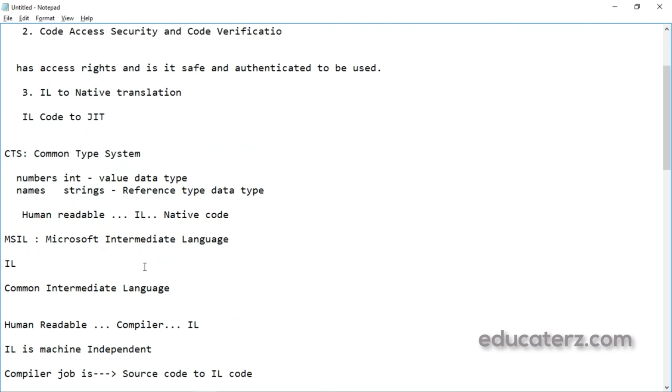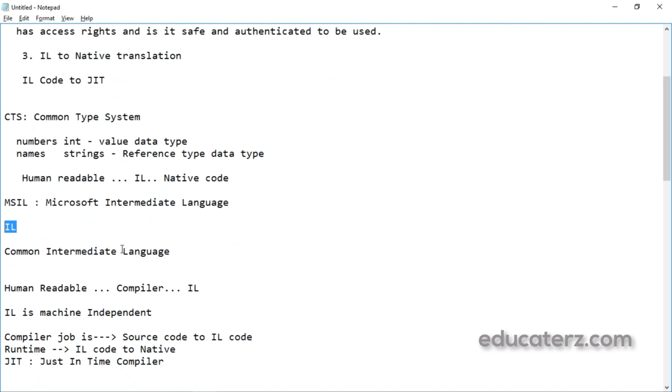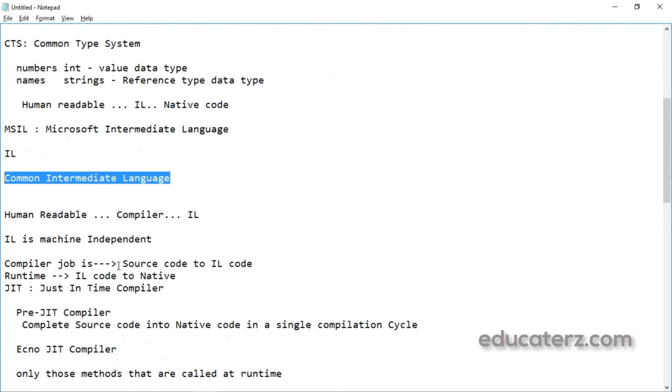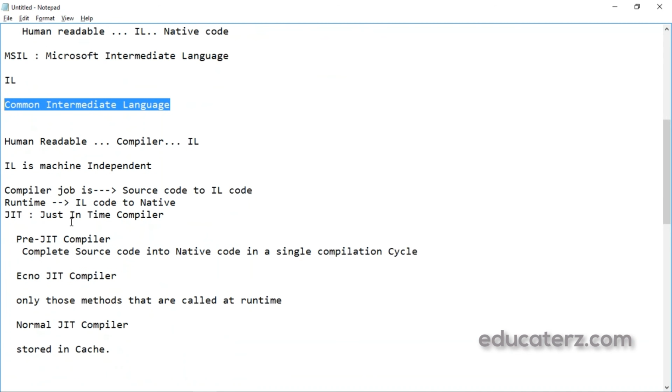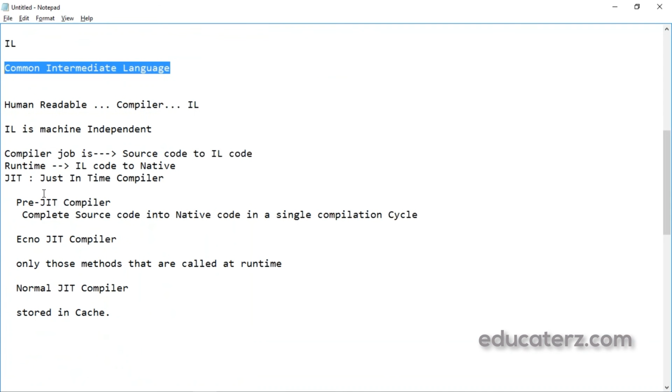Then MSIL, Microsoft Intermediate Language, is also called Intermediate Language and also Common Intermediate Language. It is machine independent. The compiler converts source code to IL code, and the runtime converts IL code to native code. For the just-in-time compiler, we have three types: the pre-just-in-time compiler, the Econo just-in-time compiler, and the normal just-in-time compiler.